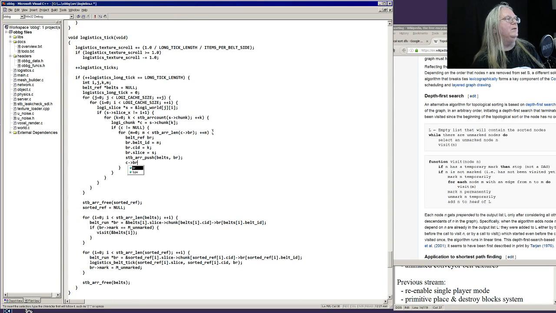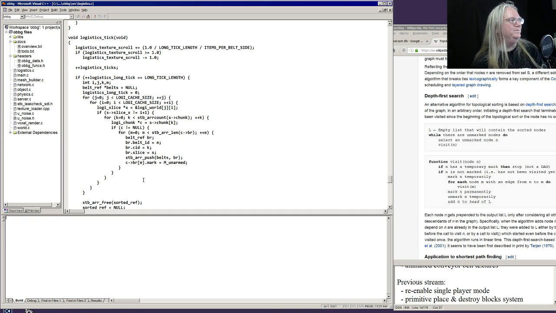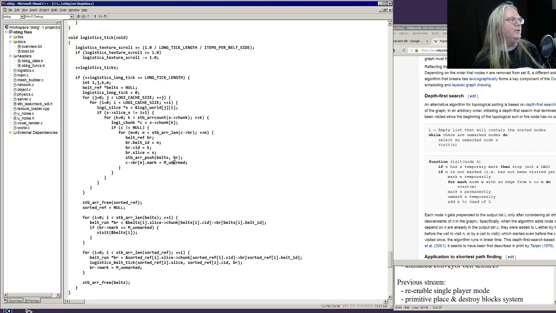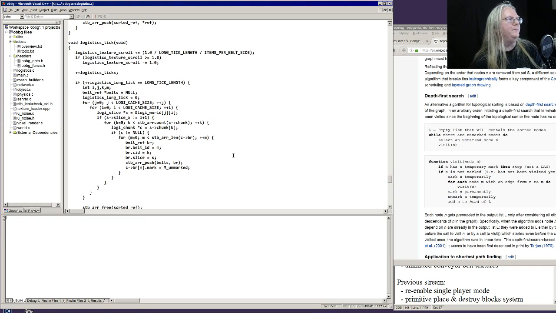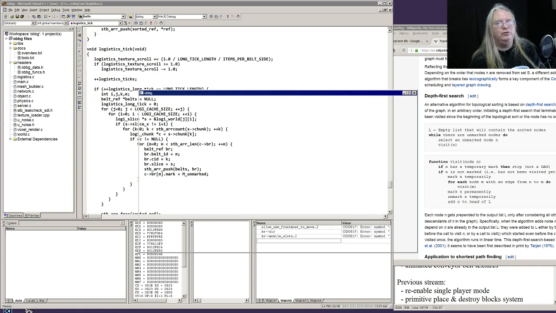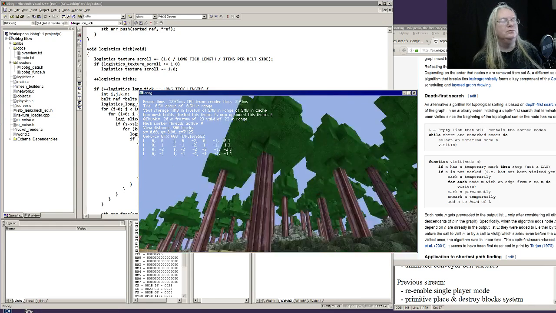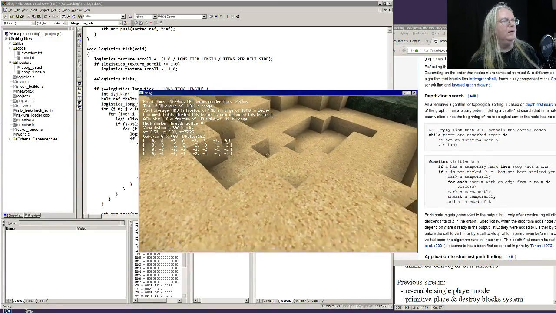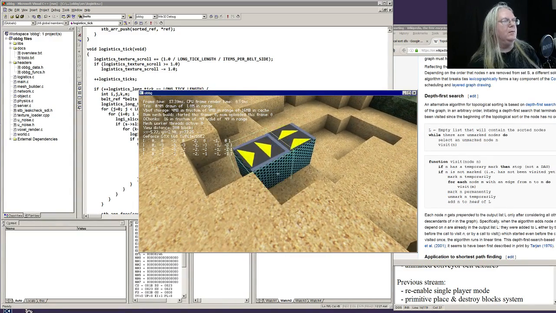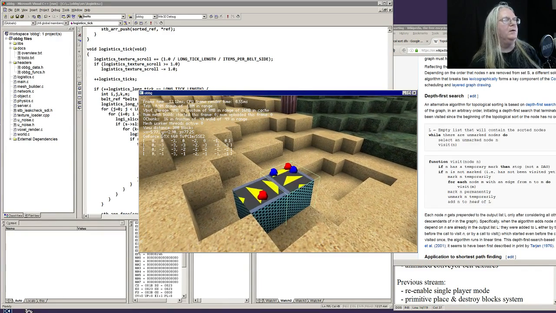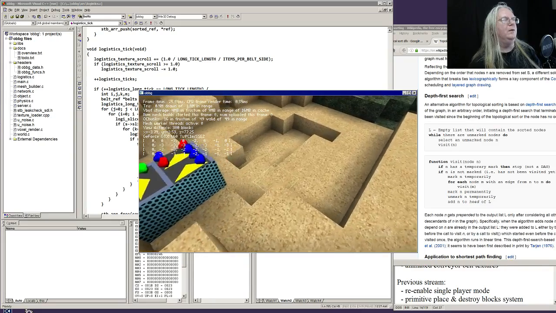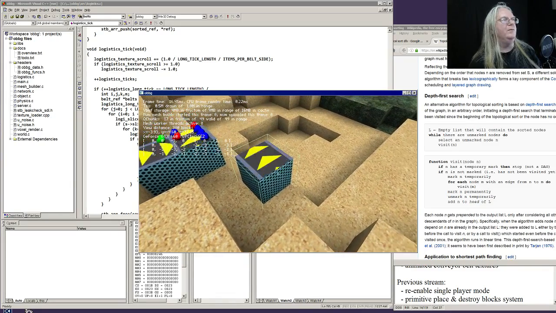CRO BR of M dot mark equals M unmarked. Not unarmed. Unmarked. Alright, we're simulating some of them. Okay. Maybe that somehow was the bug. I don't know why that would be a bug, but